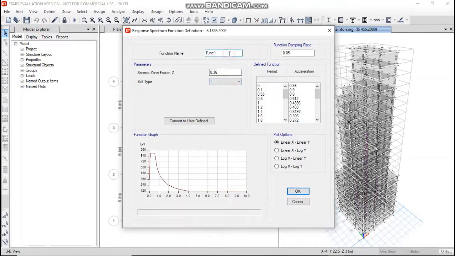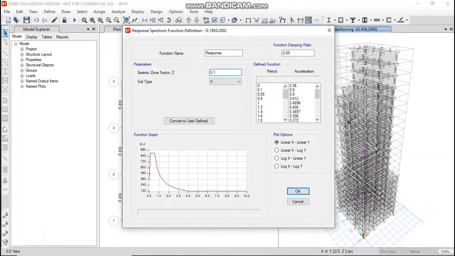Give the name as response. After giving this name, the seismic zone factor is 1, as we have already mentioned before in this particular video.